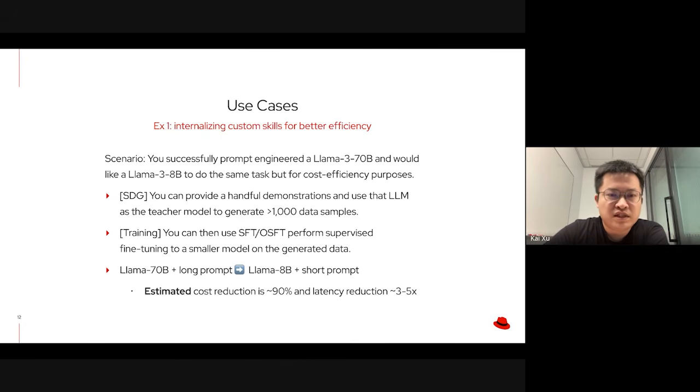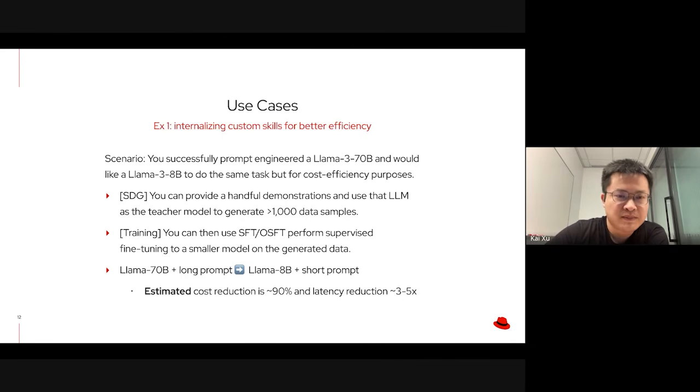And the choice of SFT or OSFT here is flexible in the sense that if the only use case for the smaller model is this particular task, SFT might be enough. But in a lot of cases, some common sense knowledge, as I discussed, is usually useful to even answer domain-specific queries. So what I would recommend is still perform OSFT as long as the performance is on par on this